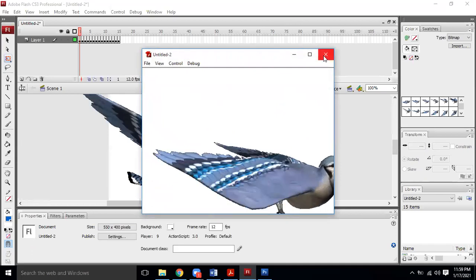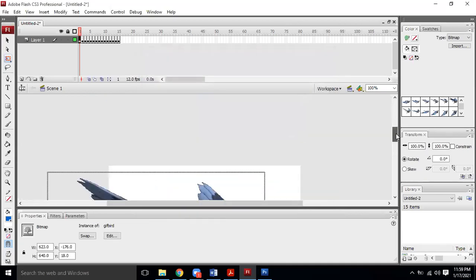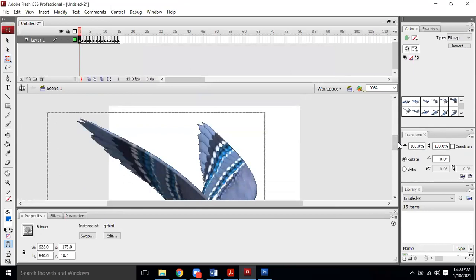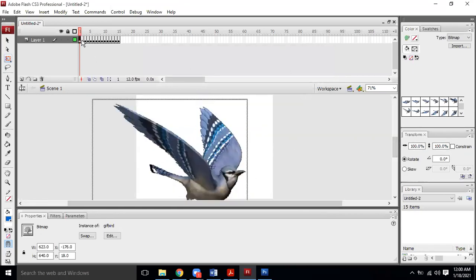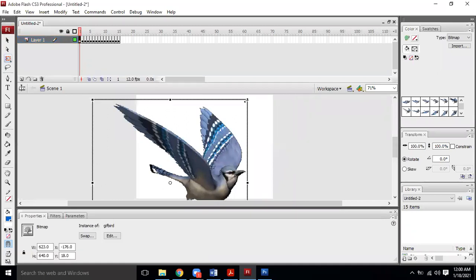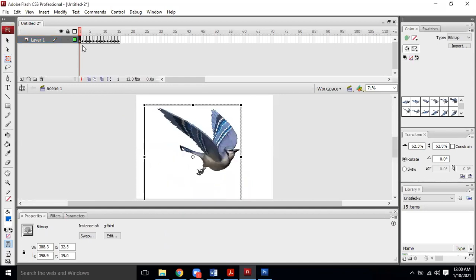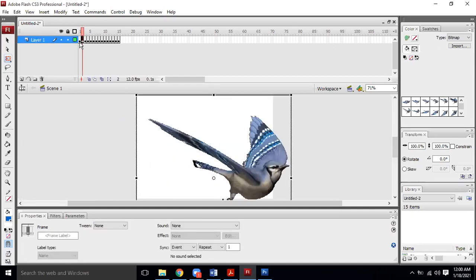Resizing is not that easy, because if you resize it over here, for example, only on this frame, then on the next frame it is not in that size.